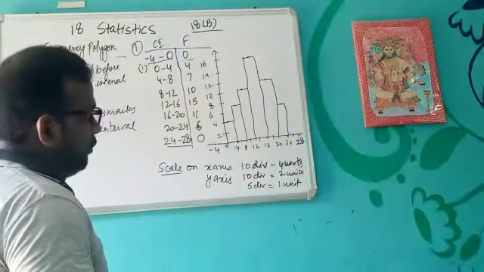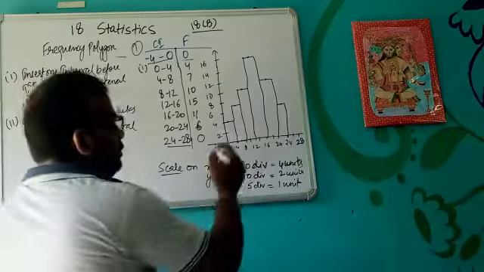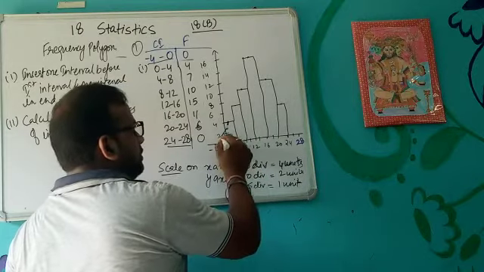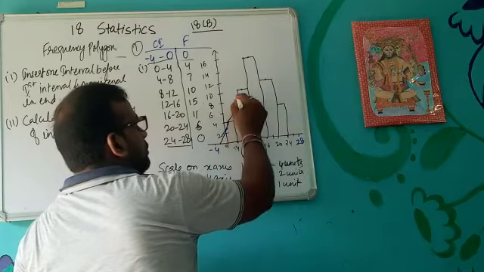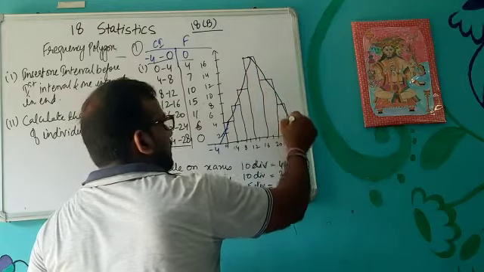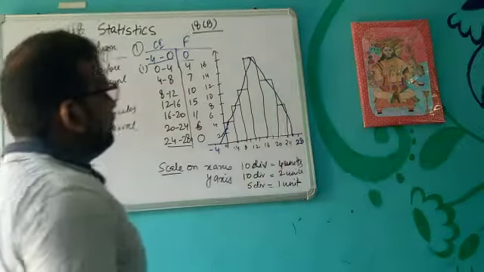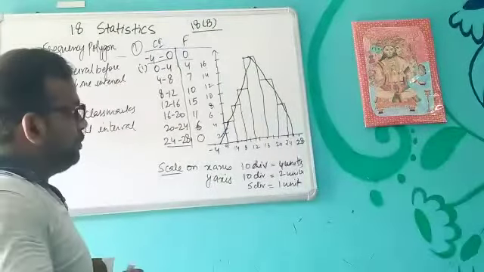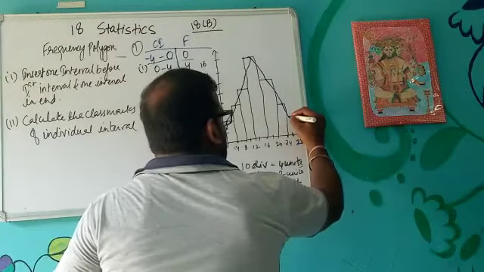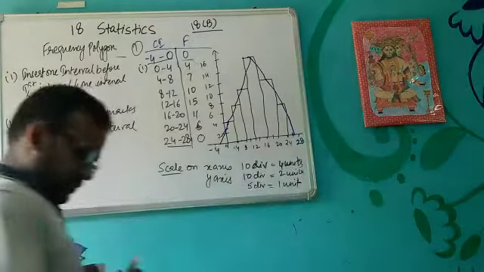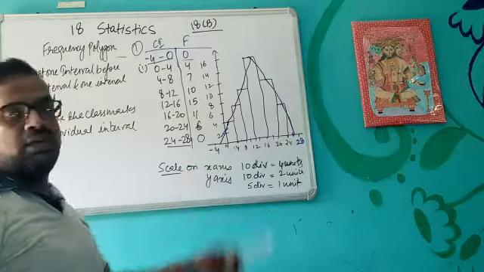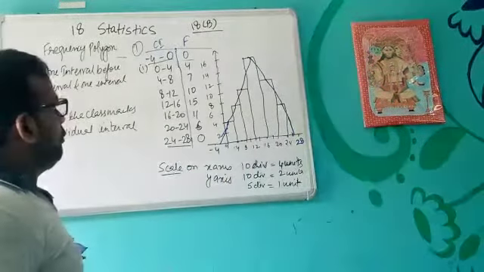Then next, we are going to join them using the scale like this. Okay, so 1, then 2, then 3, then 4, then 5, 6 and 7. So this is our frequency polygon using the histogram. You simply join these midpoints using the scale and you will get a frequency polygon. Okay, so this is how you can construct a frequency polygon using the histogram. And if you don't want to use the histogram,